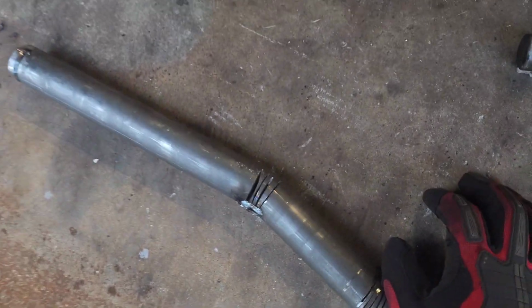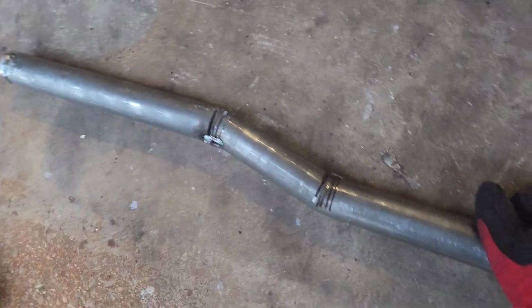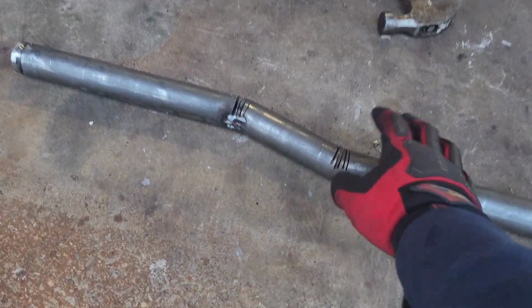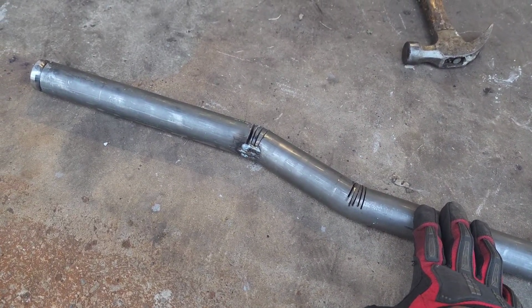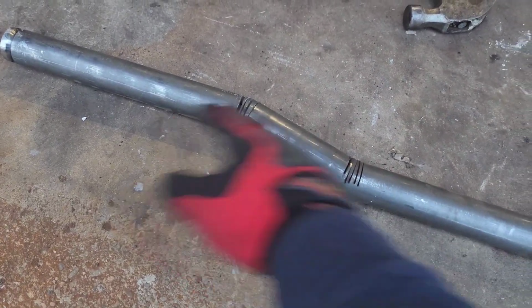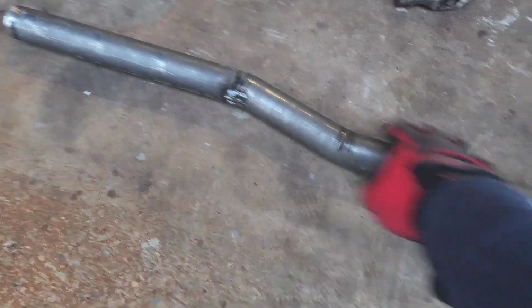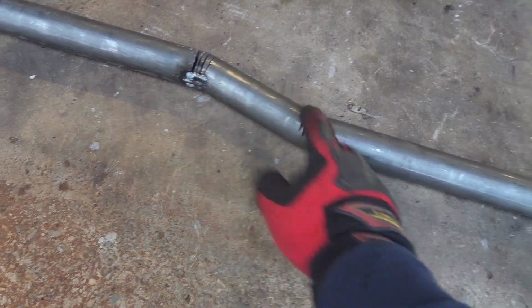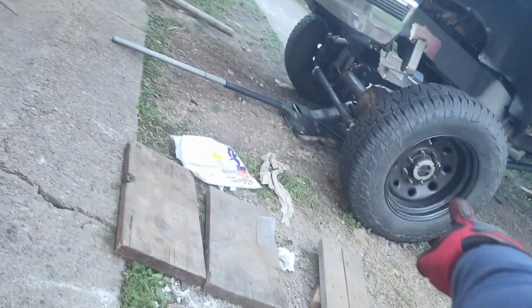These aren't even too many bends, so this on its own should be fine, just because it's not too steep of a bend. I'm going to get maybe like 2 inches more clearance than before, but this on its own, it's not going to bend. It's going to be plenty strong enough. But I do want to gusset it just in case someone decides to hit me on that tire. So yep,